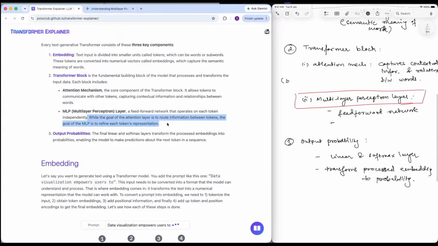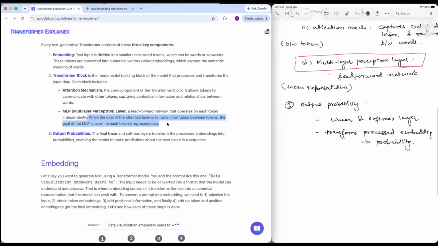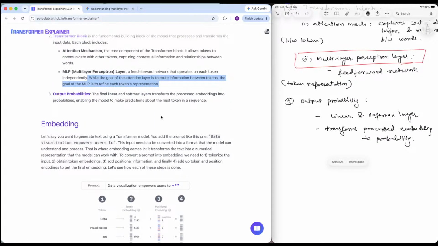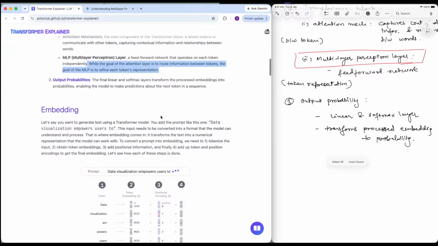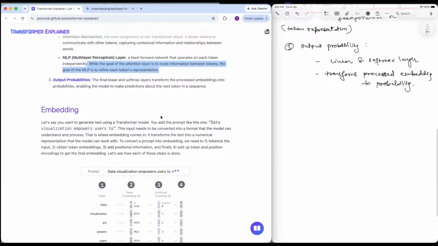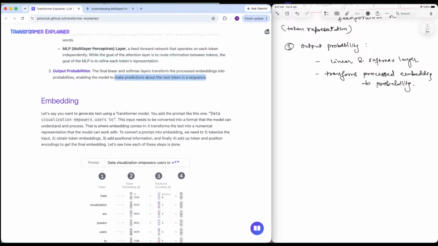This would be between tokens information, and this will be refining each token's representation. And the output is just a linear softmax layer which transforms the processed embedding into the predictions for the next